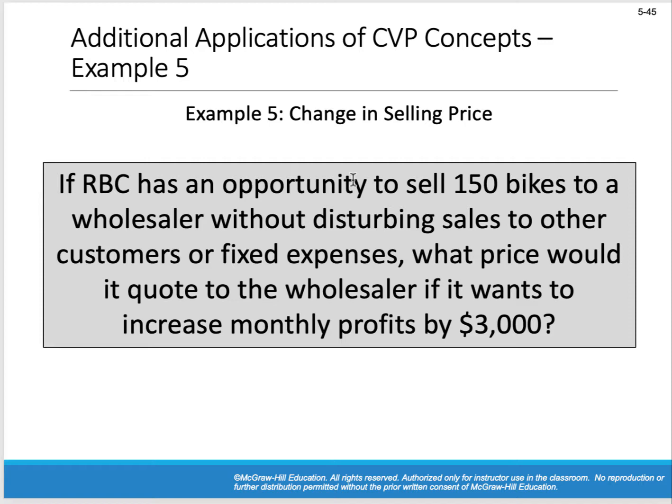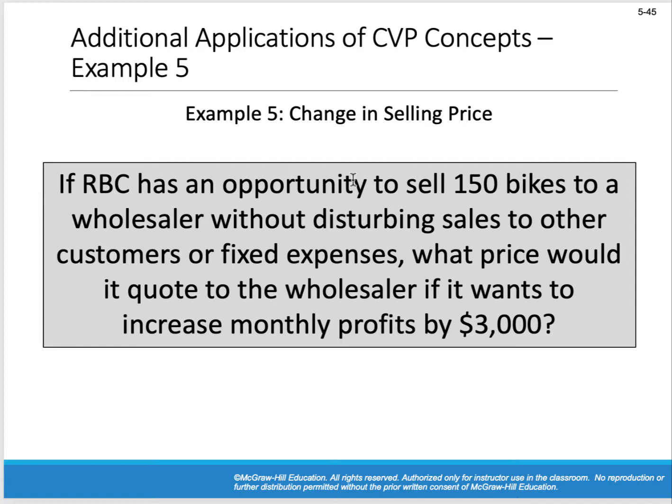Now, what if we just change the selling price? We leave everything as it is, but we just change our sales volume. We change the price, okay? They tell us that we have an opportunity to sell 150 bikes to a wholesaler. We don't have to disturb sales to other customers or fixed expenses. So this is an example which we'll see in Chapter 8. This is really a special order for us, right? Somebody comes to us, let's say